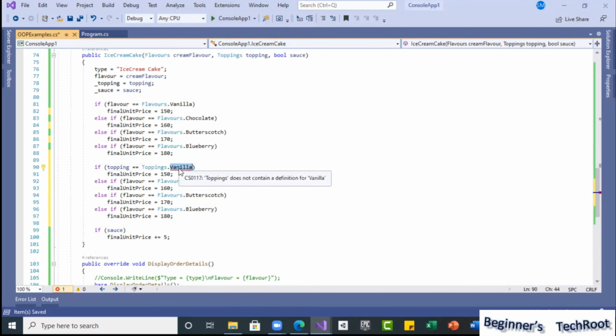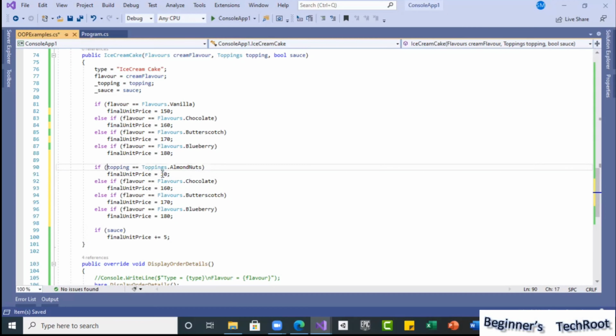Okay, so what are the toppings we have given? Almond nuts. So if it is almond nuts, then I will keep, for example, another 10 rupees more.